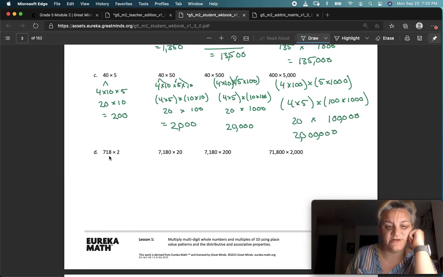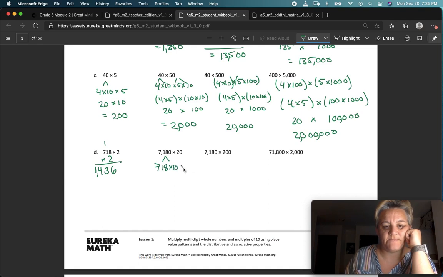Okay, 718 times 2. So I'm just going to multiply it the old-fashioned way. 2 times 8 is 16. Carry the 1. 2 times 1 is 2. Plus 1 is 3. 2 times 7 is 14. There we go. 1,436. Now I've got this big number, and I'm just going to call this 718 times 10 times